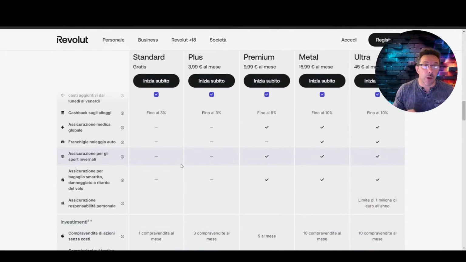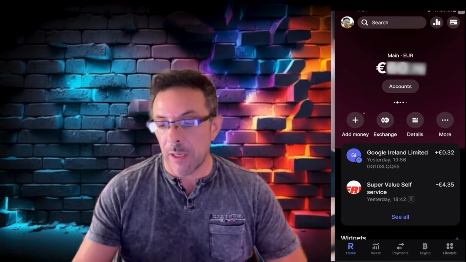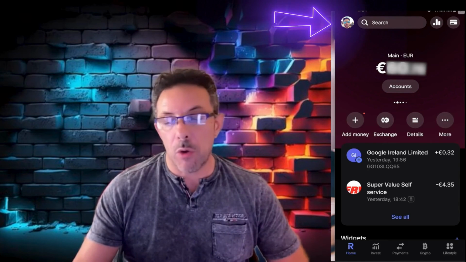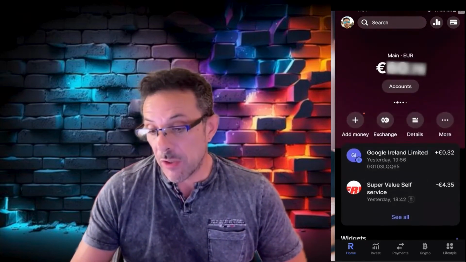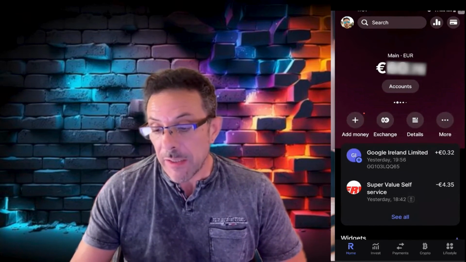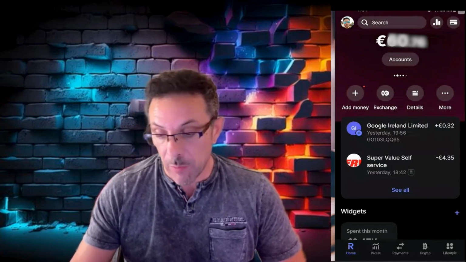Now let's take a look at the app for a moment, because the app is really cool and deserves a lot of attention. Okay, this is the application. When you open it, up at the top left, we have all our settings, including IBAN and so on, and that's fine. My main application is in English, but you can set it to any language you want. So the main is the primary account, which is in euros. Then here we have the latest expenses made or money received.